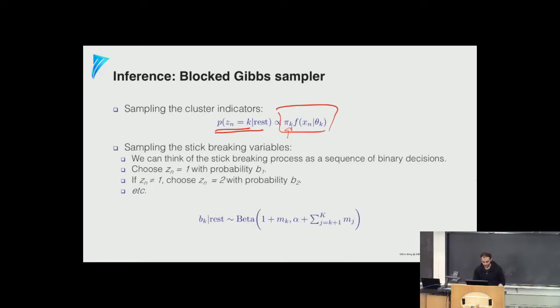And then to actually estimate pi k, we're just going to follow the stick breaking process, right? We can think of a stick breaking process as just a sequence of binary decisions, and in this case, it's a truncated sequence of binary decisions where we go all the way up to the kth component. And then after we resampled the z's, we'll have to go and update these b_k's, right? So by using the stick breaking